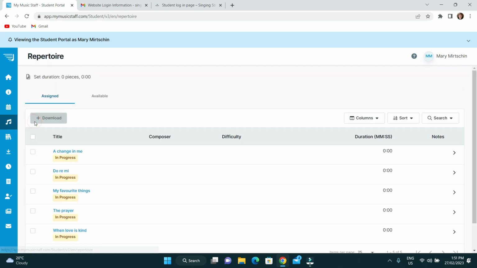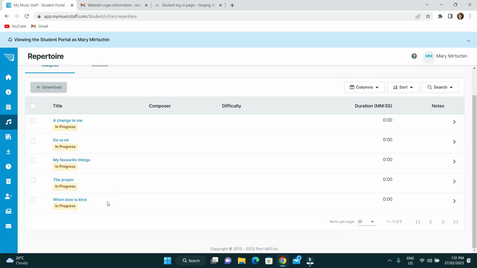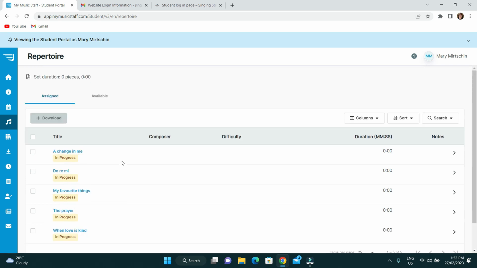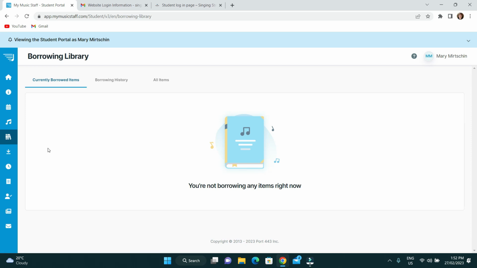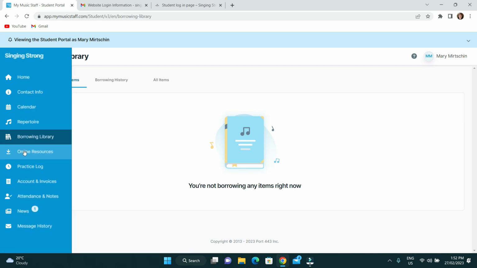Then we have repertoire. So these are all the songs. At the moment, this list is of the songs that are currently being worked on. As they become learnt, then I remove those from that list. There's a borrowing library, which I don't really use. It's more for physical books, and I don't tend to borrow or loan out many physical books, but it is